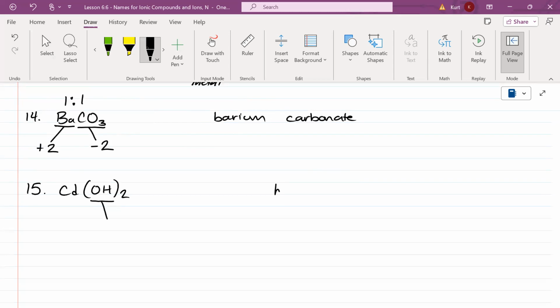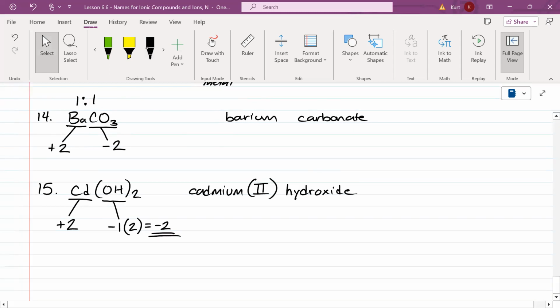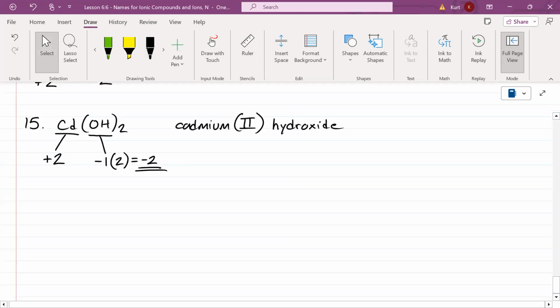If you've been doing your studying, you will know that OH is hydroxide. That is one of the 8 you must memorize, a polyatomic ion, and it has a -1 charge. I see that there are 2 of them. And so -1 times 2 is -2. So what must the charge of that one cadmium be to balance it out? It must be +2. And so you're going to write cadmium, Roman numeral 2, and then close the parentheses, cadmium(II) hydroxide. 5 more to go. Number 16,